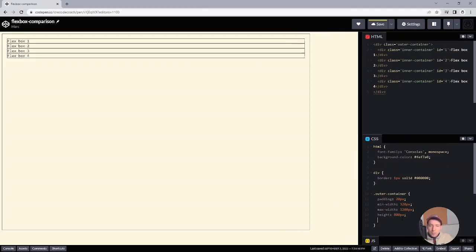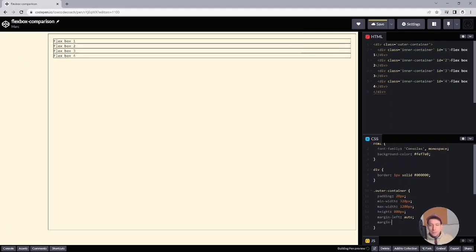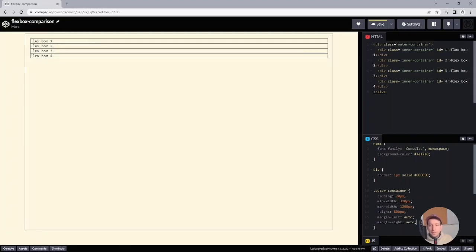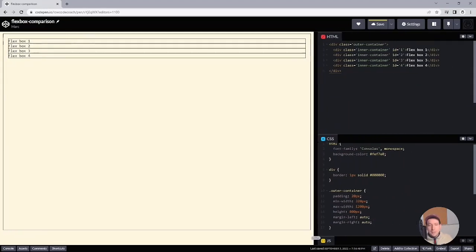We could do this with flexbox, but up to now, we haven't used flexbox at all. We've just named the inner containers accordingly, but in fact, there is no flexbox involved here. We can center this outer container by setting margin left to auto as well as margin right to auto, right? So the outer container is centered